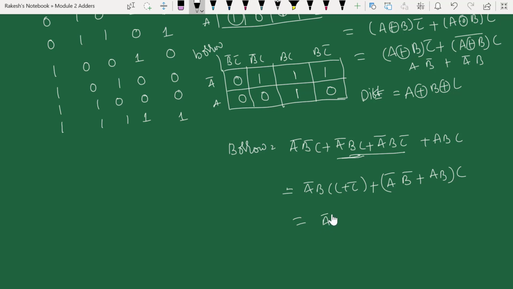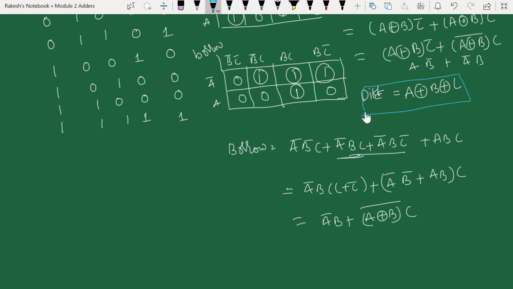That means we're going to have a bar b plus a xor b whole bar into c. So I took these individual minterms intentionally, so that I can minimize my circuit by including a xor b, and I am also having a xor b. This is only one thing I am considering. Please remember,